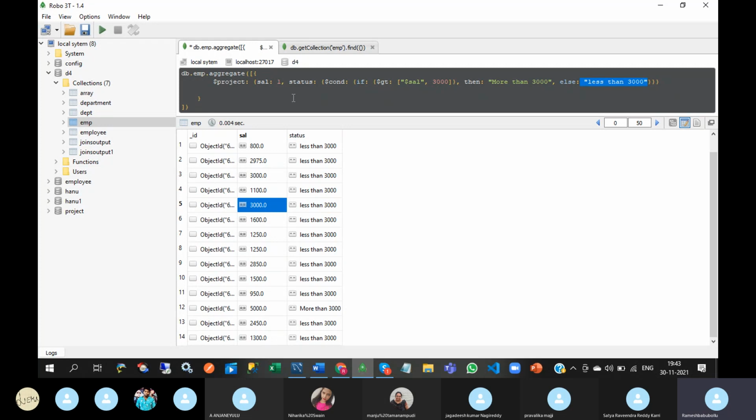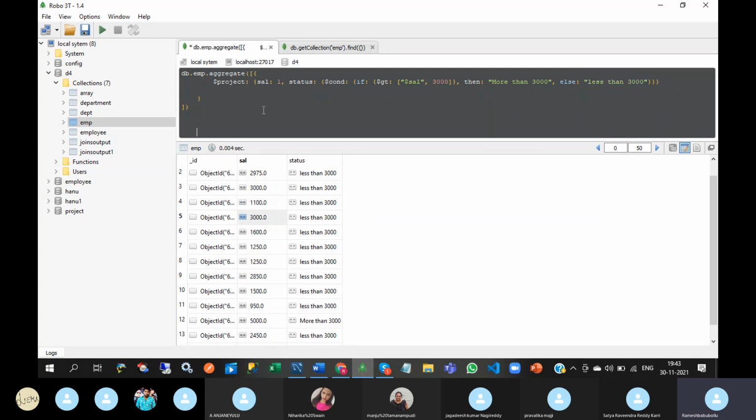Okay. For this, you need to write again conditional operator. So this is just like ternary operator in TypeScript or JavaScript.